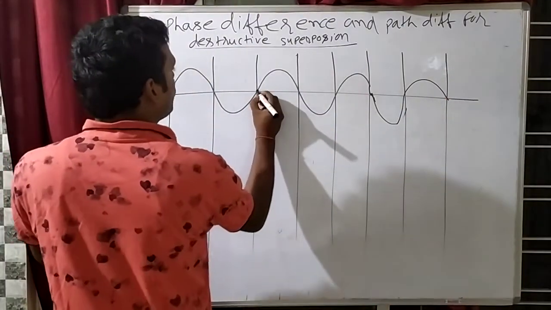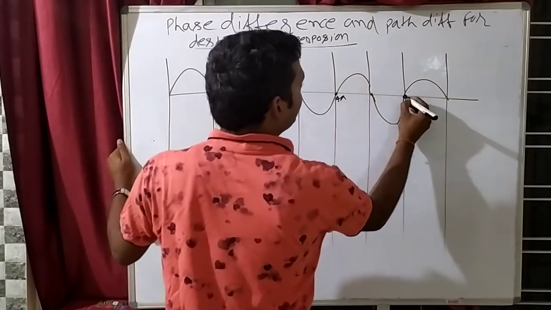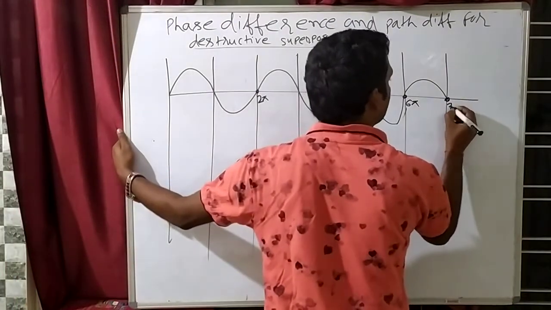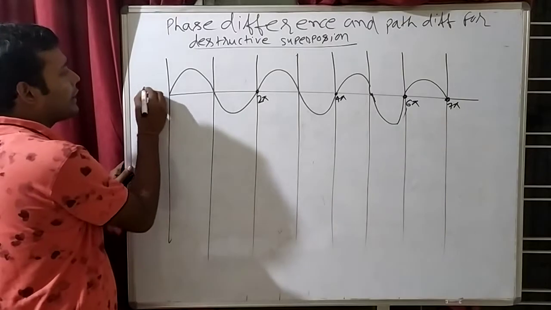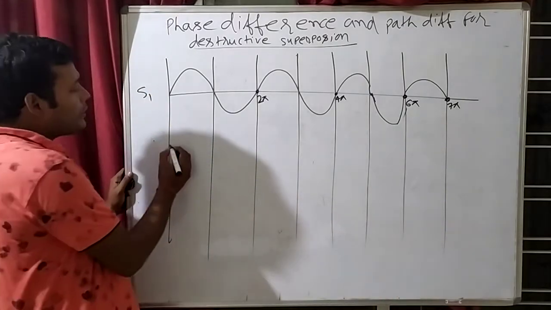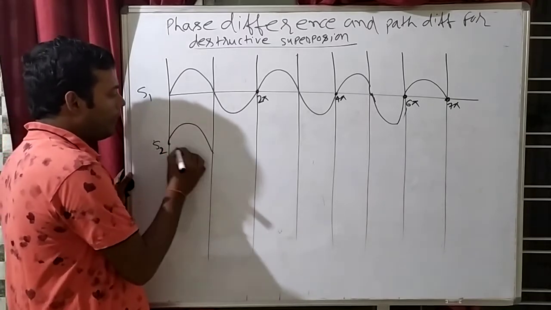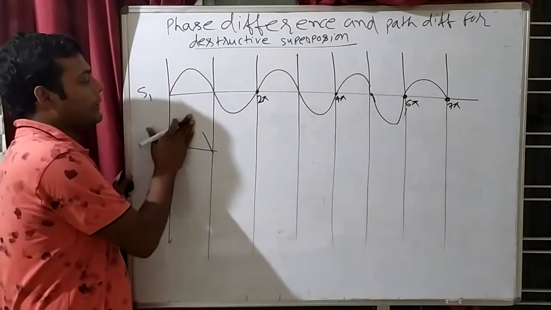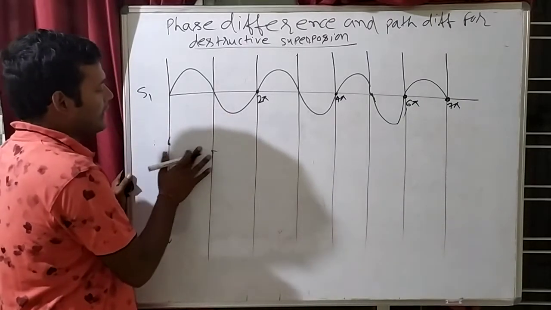So see here, this will be 2 pi, 4 pi, 6 pi, and this is only half, so this will be 7 pi, right? This will be 7 pi. Acha, for getting destructive, this is our first source S1. Can we put the second source here? If I put our second source here, then it will make a wave like this, no? So crest on top of crest. That means this will be constructive. That means I can't place our second source here.